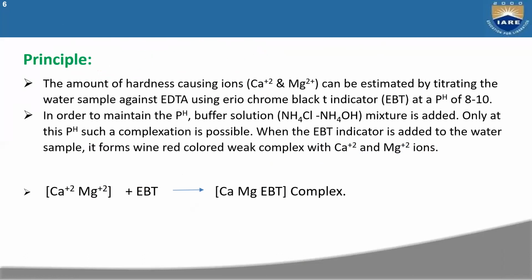And next, the principle. The amount of hardness-causing ions can be estimated by titrating the water sample against EDTA using Eriochrome Black T indicator, at a pH of